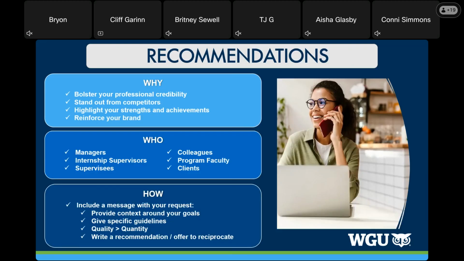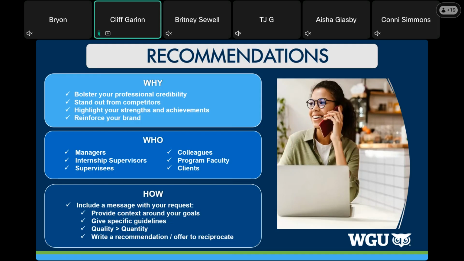Now, if you have folks who can write a recommendation, you want these to be professionals. You want them to be people you worked with, people in different departments that know you, things like that. You don't want them from neighbors or family or pastors or anything like that. The why, who, and how of it all, it's going to help boost your professionalism, your brand.